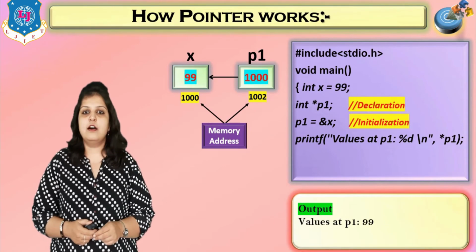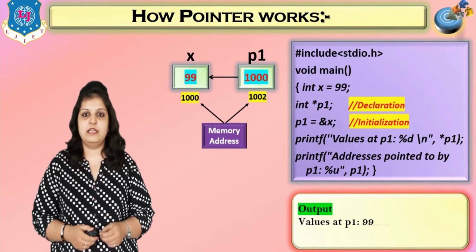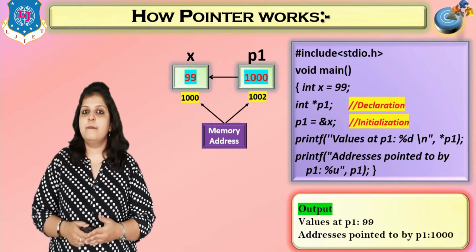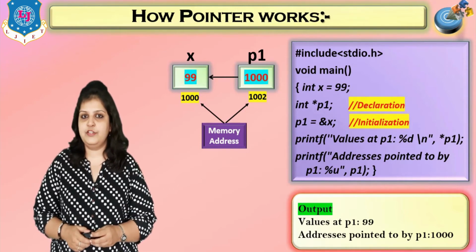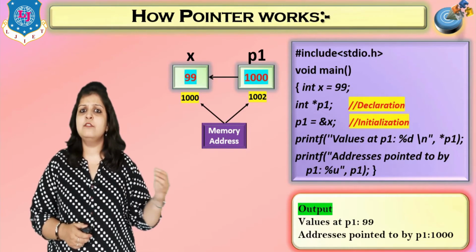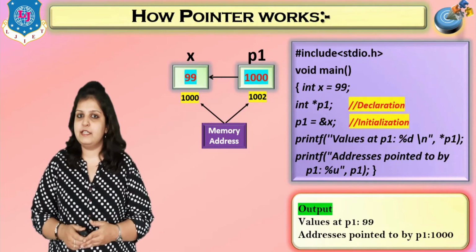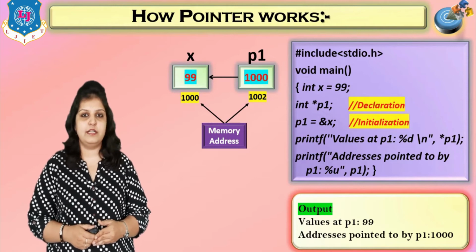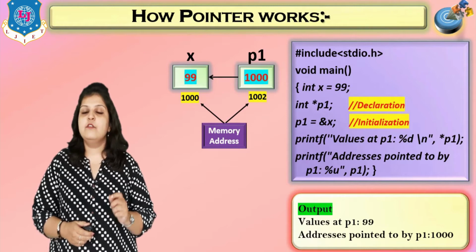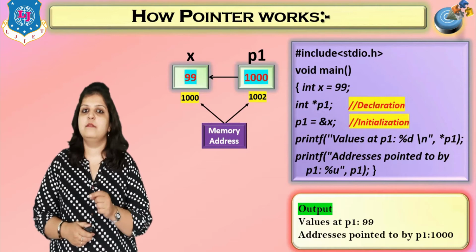Now the next printf statement, that is address pointed by our p1 variable is equal to %u. Now why do we have to use %u? %u is used for unsigned integers, and memory addresses always start from 0. It is not possible for a memory address to be a negative value. That's why for printing an address always use the control string %u. So when this statement executes, 1000 will be printed, and when you want to print the address of the p1 variable, then just write ampersand p1.